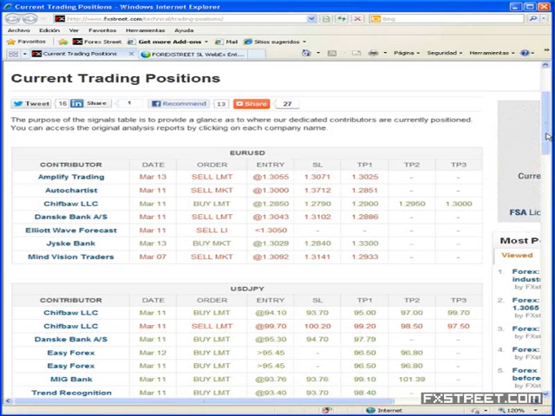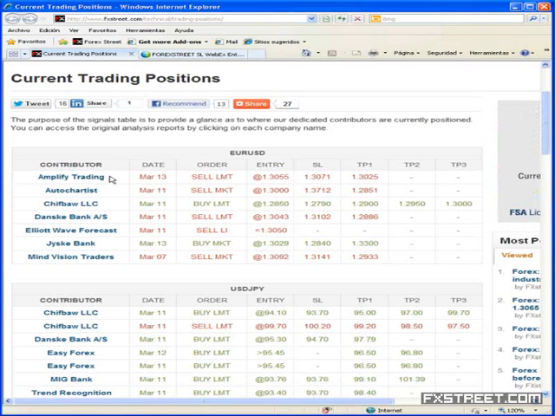Basically, simply as that. It's not to be understood as a signal service, but rather a proxy for an order book or a market profile. The way this page is organized is by currency pairs. We have organized the pairs by importance in volume traded. So euro dollar will always be at the top, and the information is shown in a table format